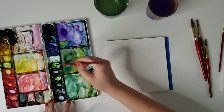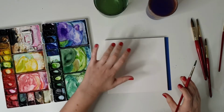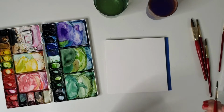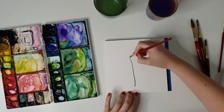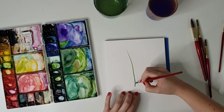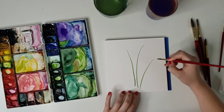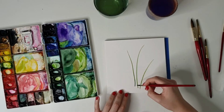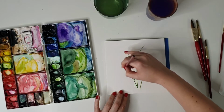So instead of trying to paint a whole lavender bush and getting bogged down in the detail, we're just going to paint a few stems in almost like a little bunch. So we're just going to pick a central point to start from. And then pull out some long stems up there. Now what I'm trying to do here is vary the angle and the height and maybe overlap a little bit up there